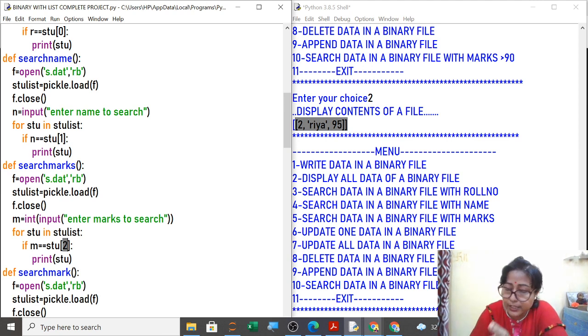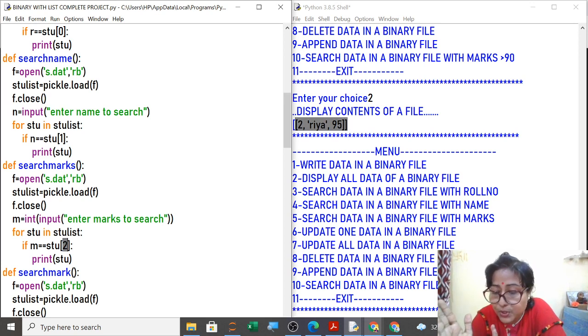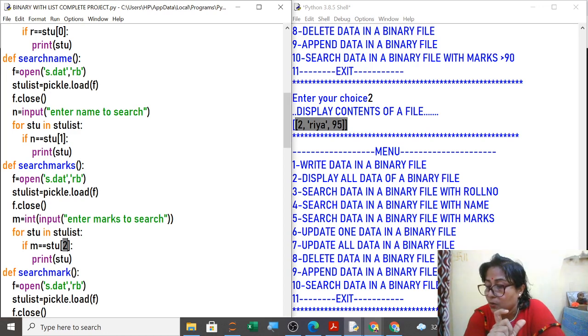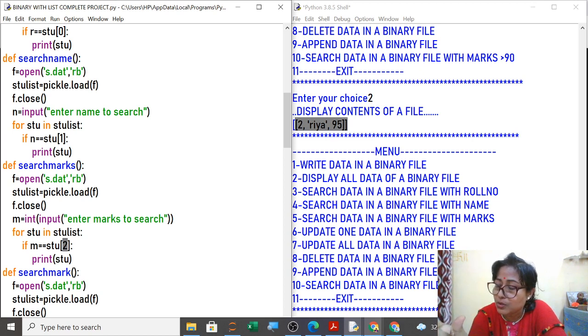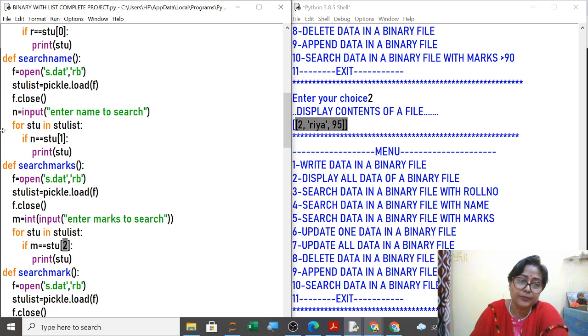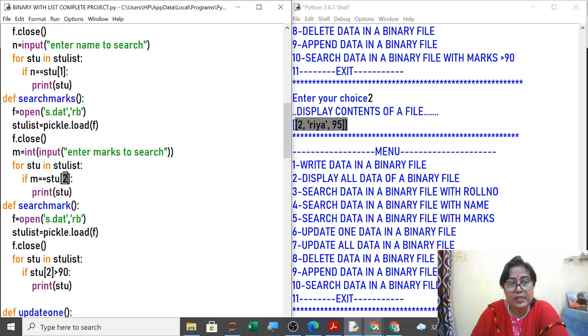Now when you create your project, your index positions will be different. Suppose you are creating a bank management system. Now there is the bank account holder number, account holder name, account holder balance amount, which loans he has taken, and all the other details. So the first one will be index 0, second one index 1, then index 2, and so on. Clear? So with that only you will search it.